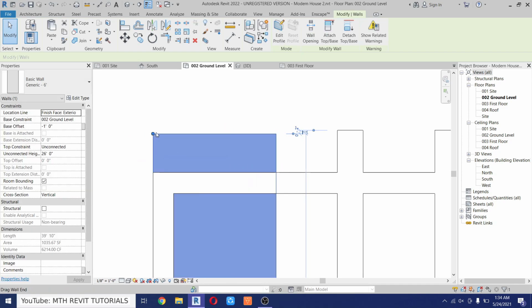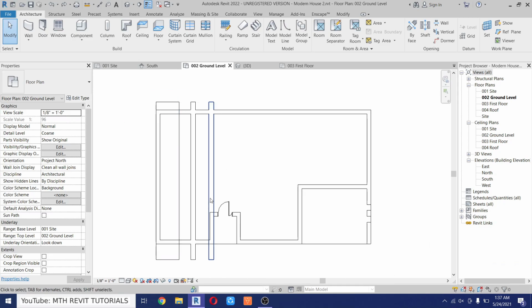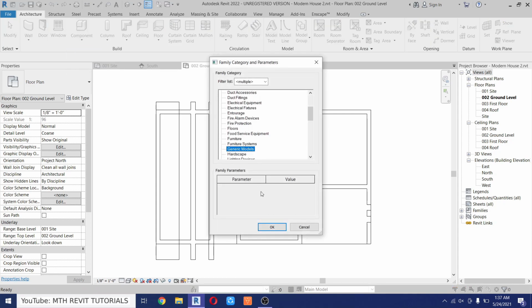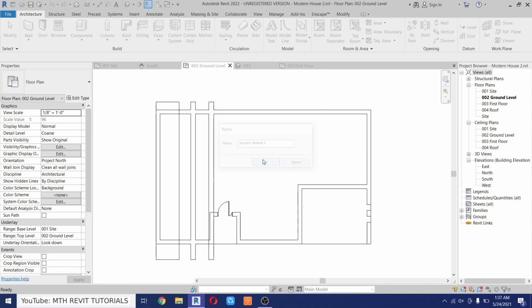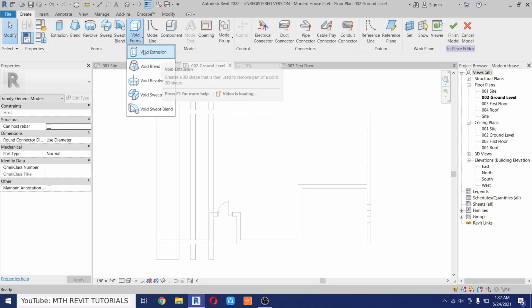Okay, it's not snapping that. Perfect. Now we can create the opening here. So for that we are going to use model in place. So just go here, click model in place, select generic models, click OK, and then we want to use void